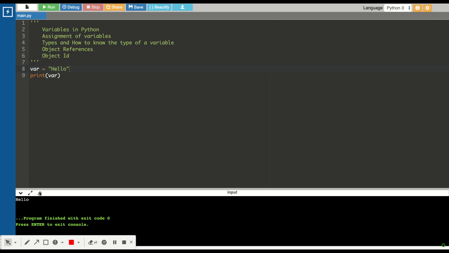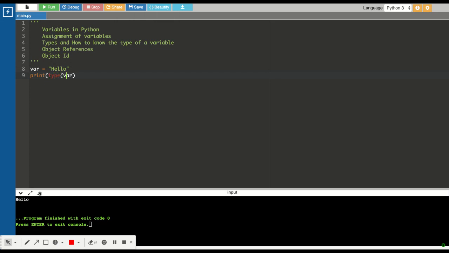Now one important thing to note is that we do not define the type of a variable like in other programming languages, where we have to define whether it is integer type, float type, or string type. In Python you don't need to define it. I'll tell you the reason why. Because everything in Python is based on objects. So when I say an object, every string is an object. Even the integer types are objects. Okay, let me show you how.